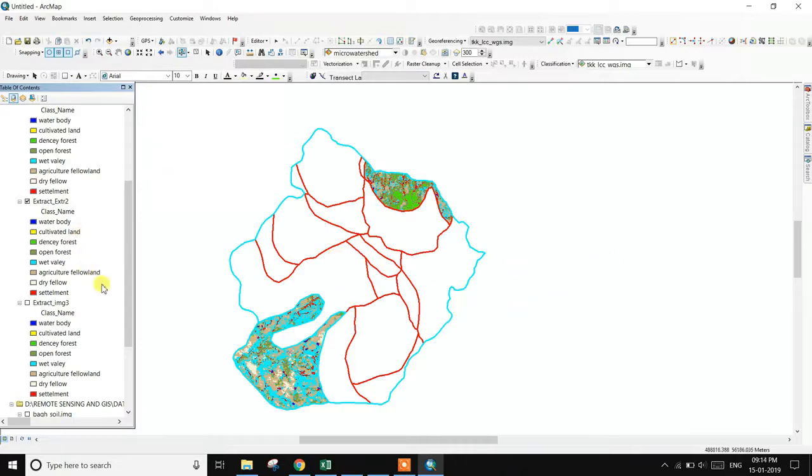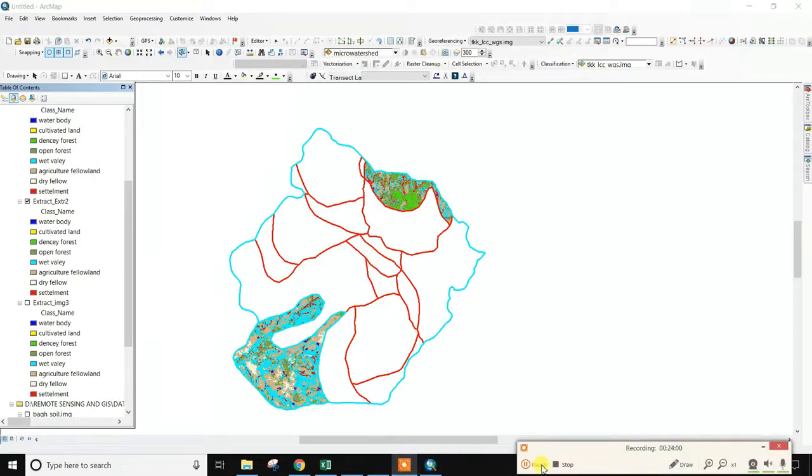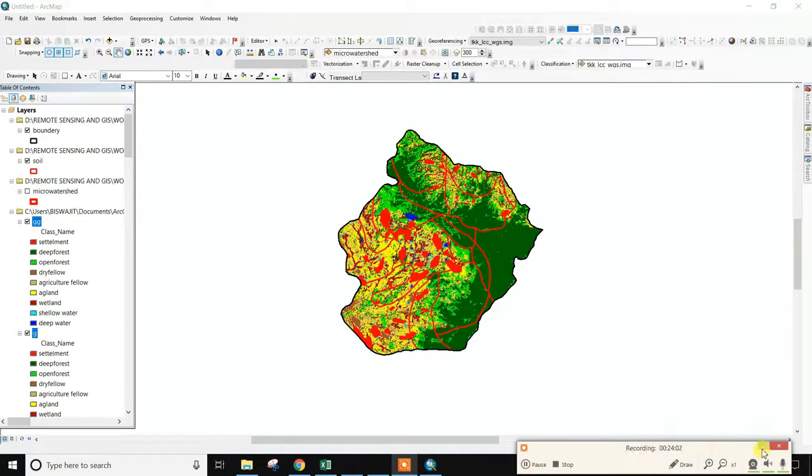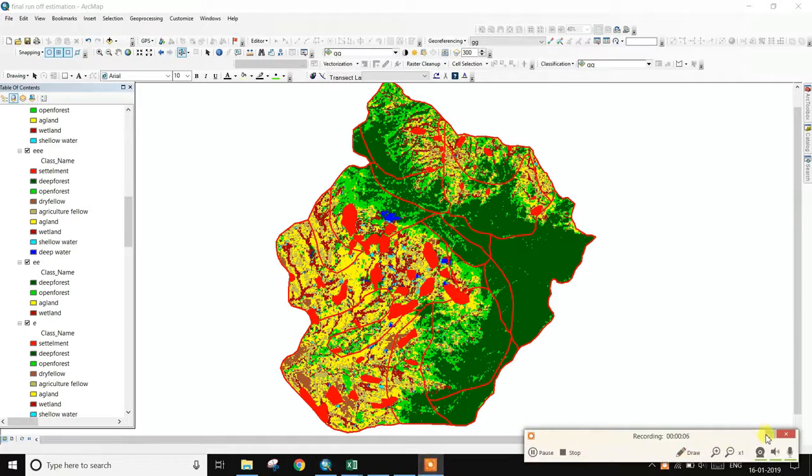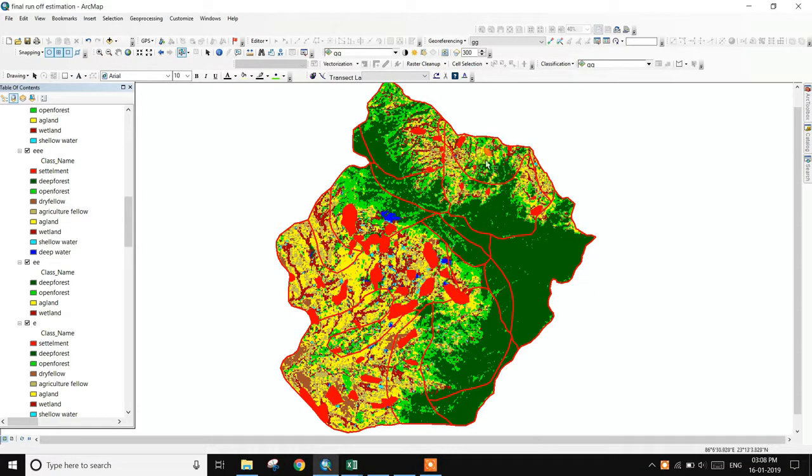This method uses the whole image extract by mask. So the whole portion extraction is already complete, and next step, go to sub watershed wise